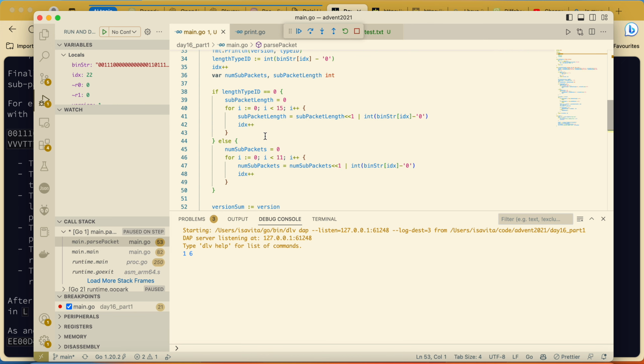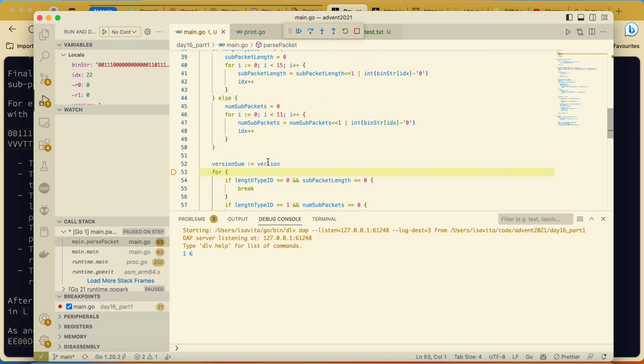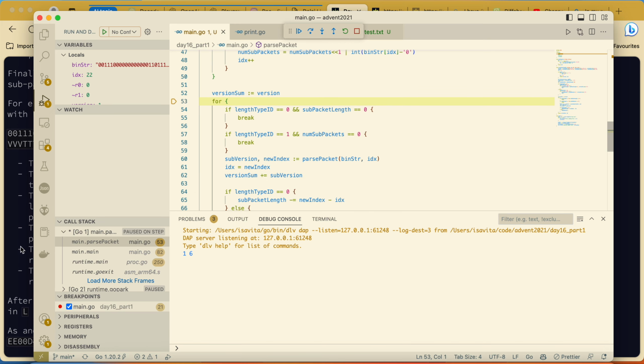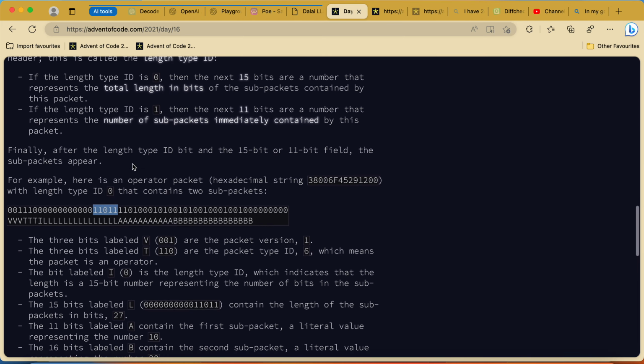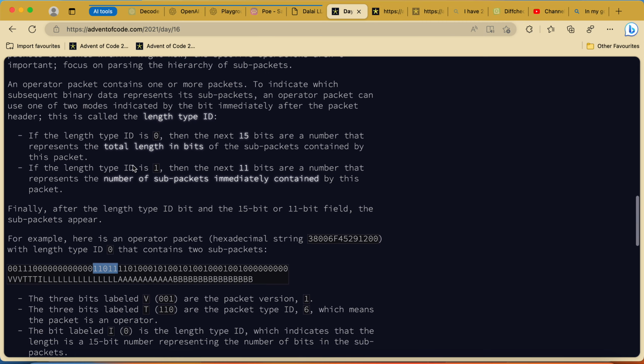Okay, in this type we have this subpack length, and in the other case with 11 we actually have a completely different thing. Here we have length type when it's 0, that it's saying okay, the number represents the total length in bits of the subpackets containing these packets.